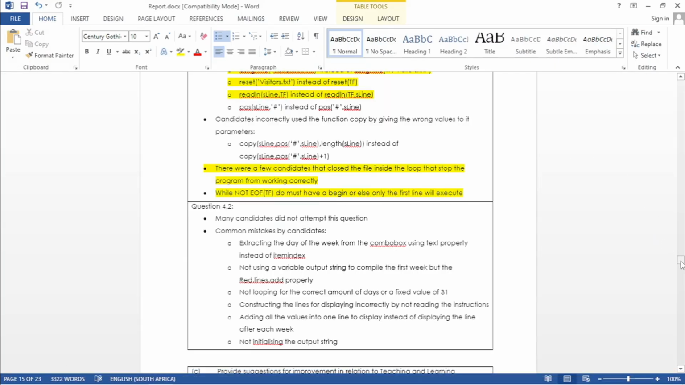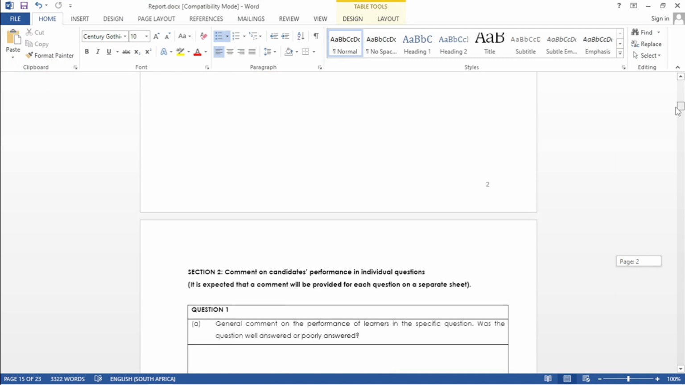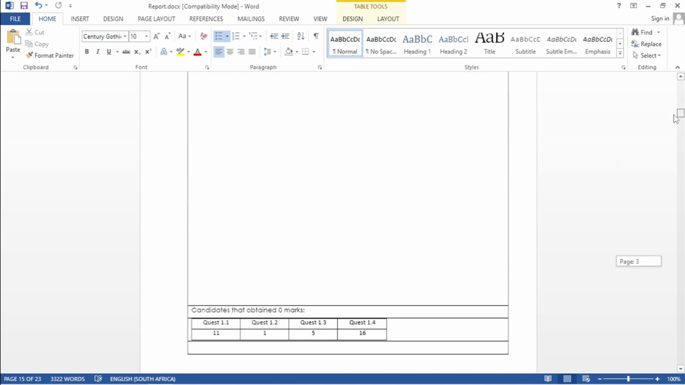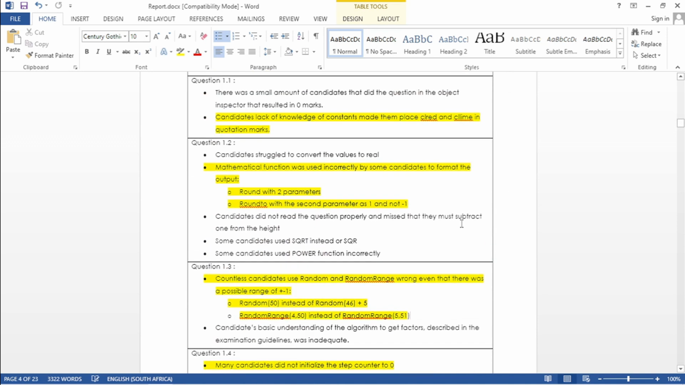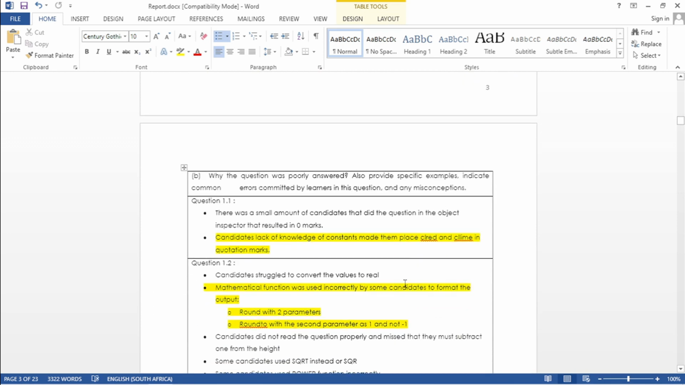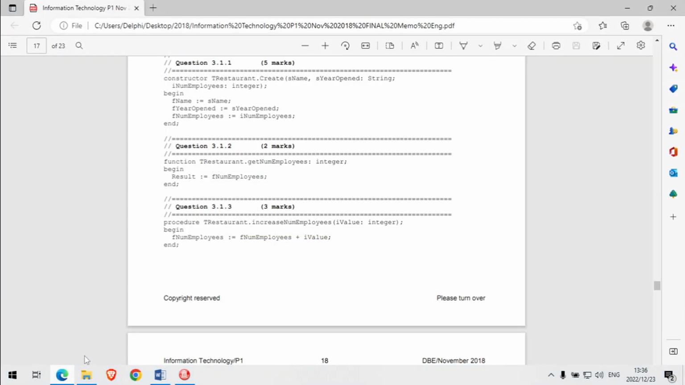Okay, so we're going to start with question 1 of the exam question paper. Just go through some of the notes and some of the commonly made errors. Okay, so the important stuff I want to go through, I highlighted in red. So the first one, candidates lack the knowledge of constants, made in place CL red and CL lime in quotation marks. So let's go look at a memo